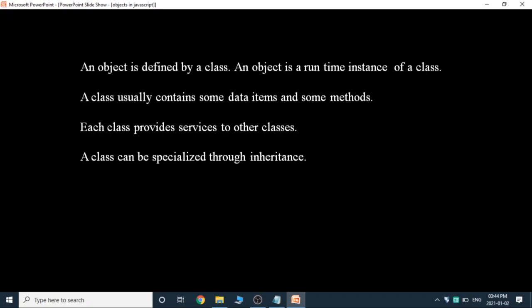If we have an existing class, then we can make use of this class without creating it from the beginning. We can directly use it. Inheritance is a mechanism of acquiring the properties of one class in another.